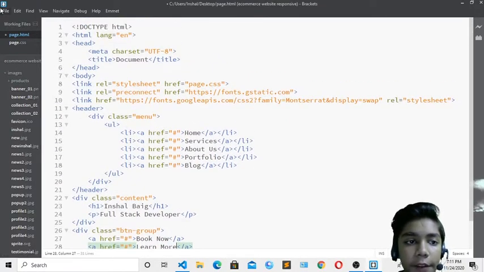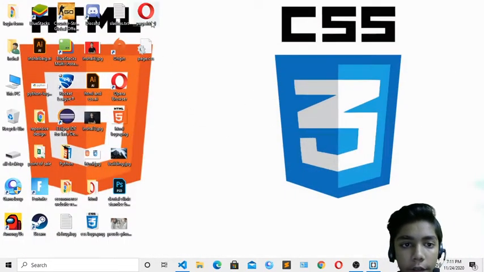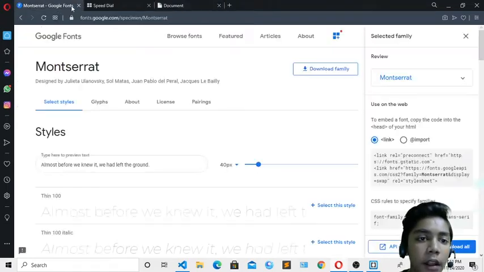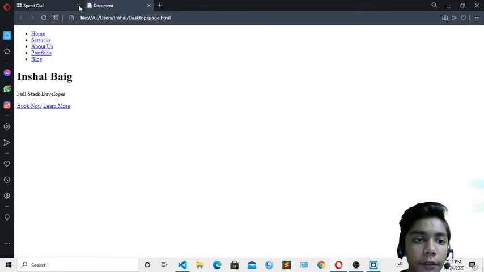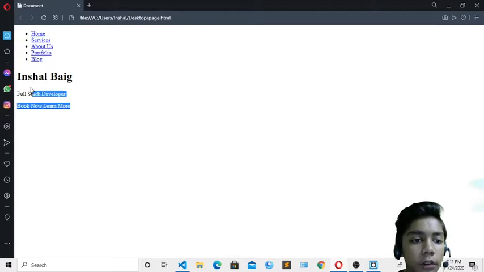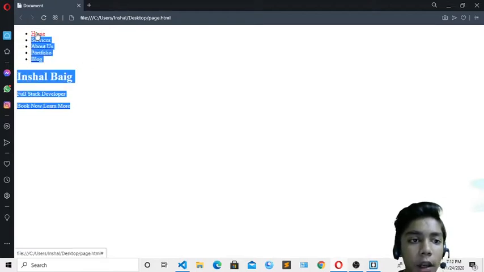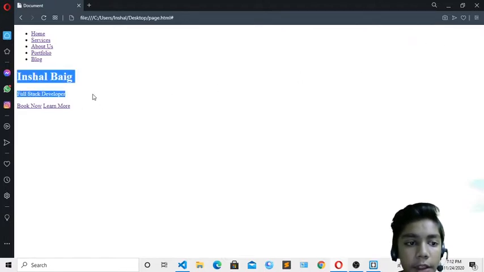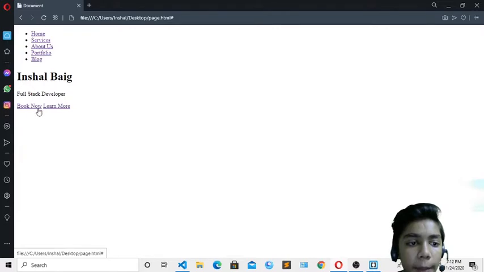So now if I save over here, till here we have done our work, and now I will show you in my browser. I will open my file over here. Here you can see that first of all there are our navbar links, which we will write over here, and here is my text, which I will define, and here are my buttons, which I will style later on.